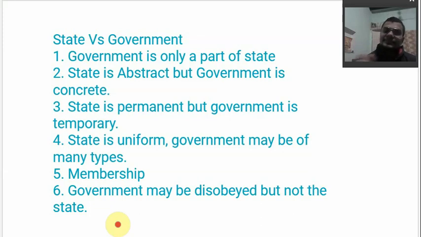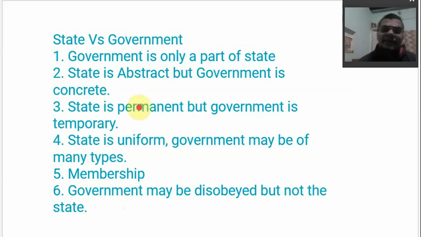Okay, government has made some rules, not every rule is followed, many people break the rules, then the government comes and punishes them, but there is a chance of disobeying the government, there is a right to come out on the streets and protest against the government. But have you ever seen something like protesting against the state? Okay, we do not want the state, let's just break everything, let's just break the government, let's just break the population, let's just bring about the end of the state. Have you ever seen that? You never see that. People are not against the state, people are only against that driving wheel of the car that is giving its direction. So government may be disobeyed but not the state.